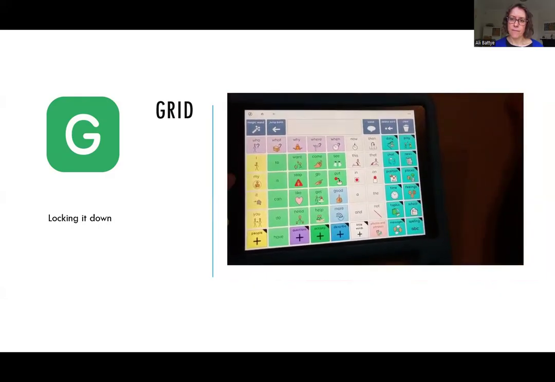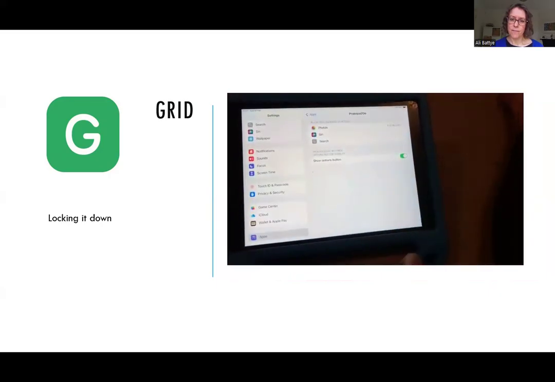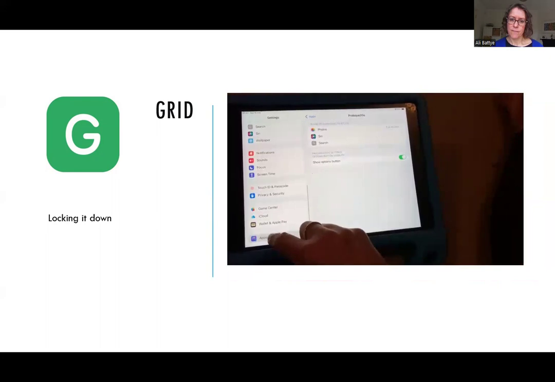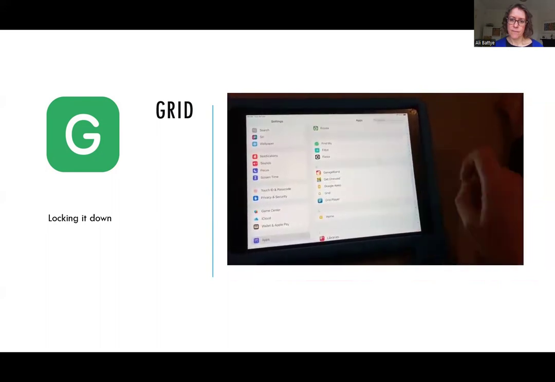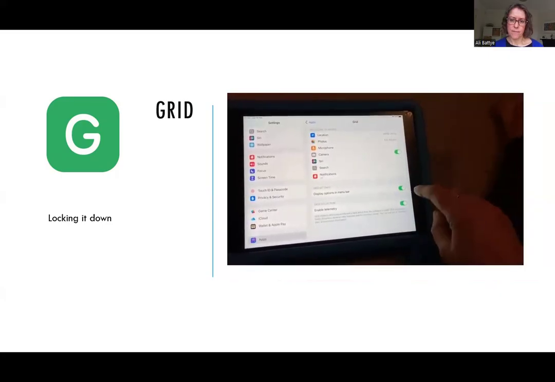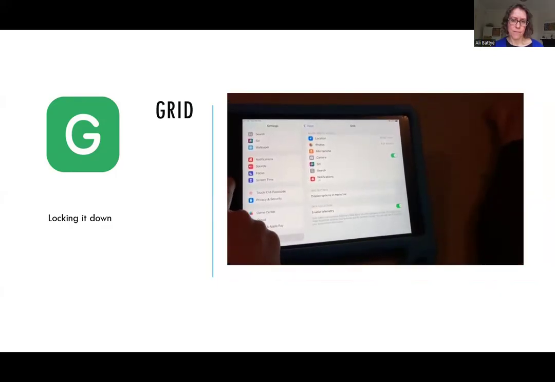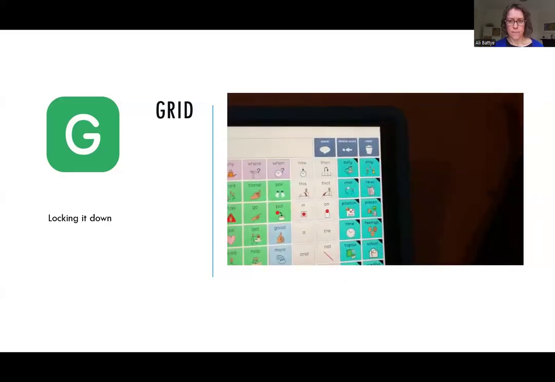And if we do, we go into our settings on our iPad, we choose the apps and then go to Grid. And then we turn off the options in the menu bar. When we go back into Grid, the Grid dots at